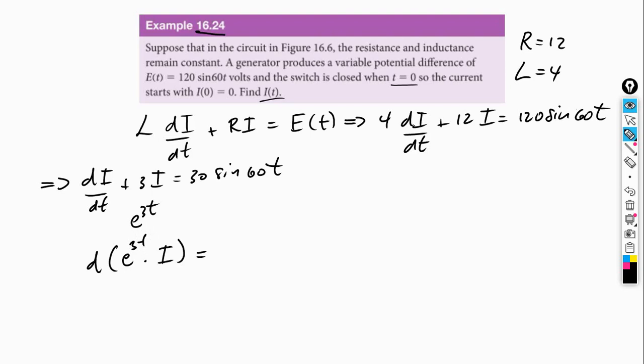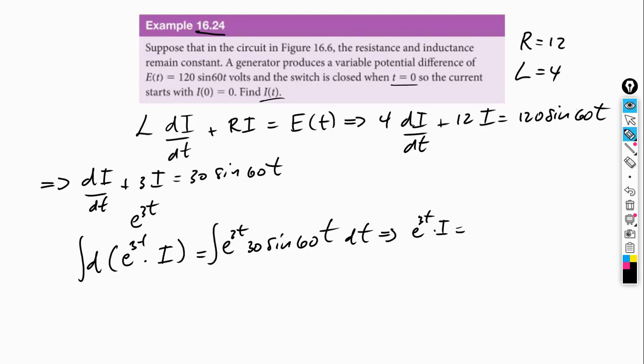and this is going to equal e to the power of 3t times 30 sine of 60t dt. So now we can integrate both sides, and let's continue here. We're going to get on the left-hand side e to the power of 3t times I, and on the right-hand side, as practice, you're going to do the method of integration by parts, and